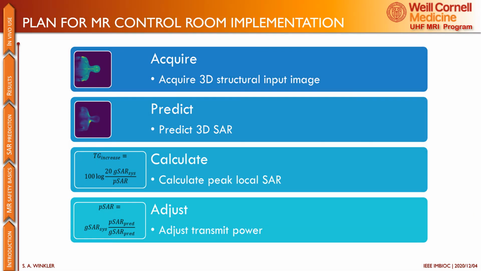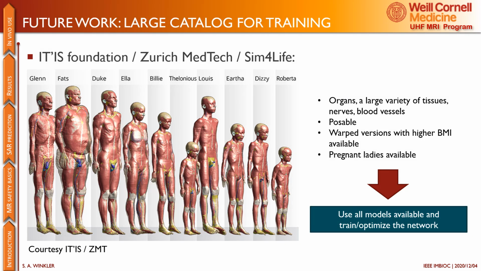Okay, so now let's move on to how to use that in an actual MRI exam. What you would do here is acquire an input image, register it into your software, and predict the SAR with your deep learning. Then you can calculate the peak local SAR from that and calculate how much transmit power you can use in your scan. One thing we'd also like to do is use a larger catalog for training, and the IT'IS